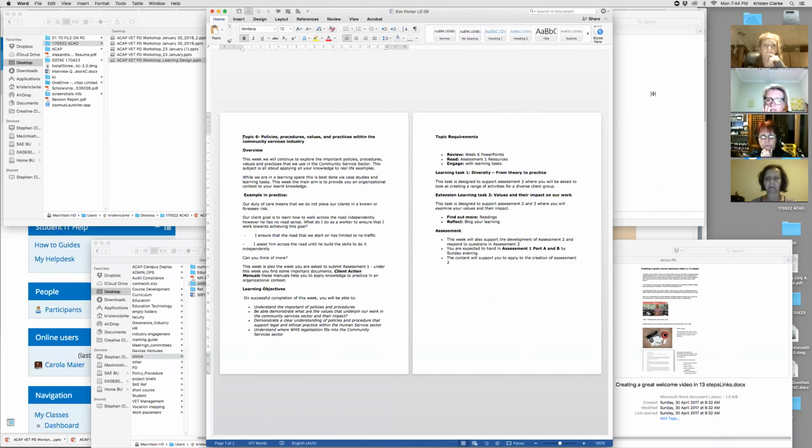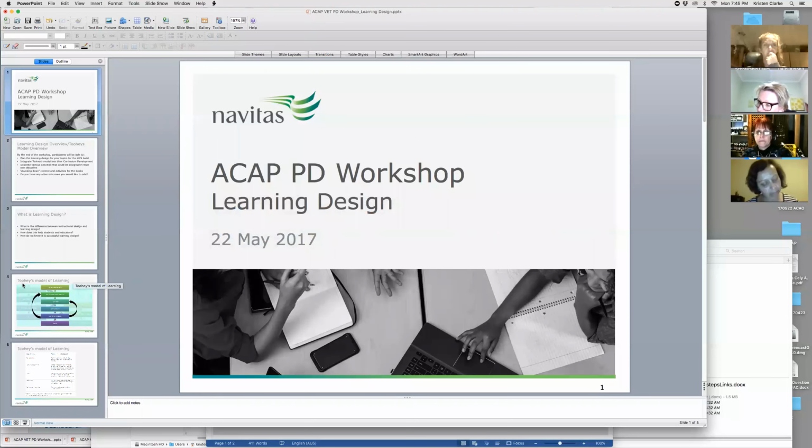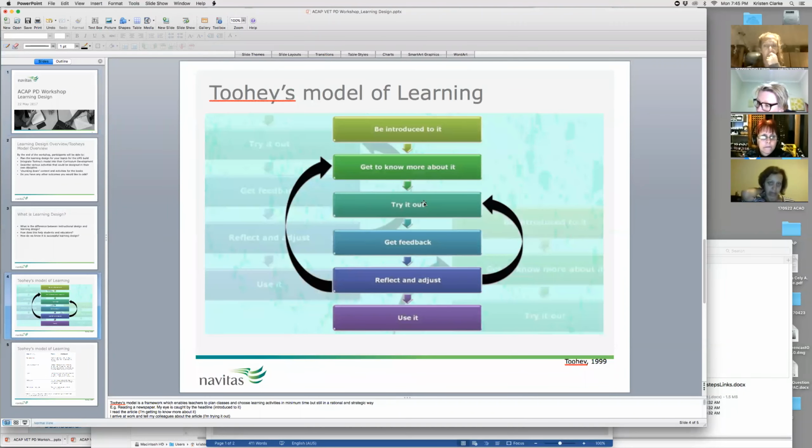Yeah, so we've actually covered it. The only aspect of the Tooheys model is something for you to think about when you're creating the activities in your book. So remember that the first page of your book is actually the introduction to the topic. It's giving that top level overview. So if I go back to the PowerPoint to put it into context,